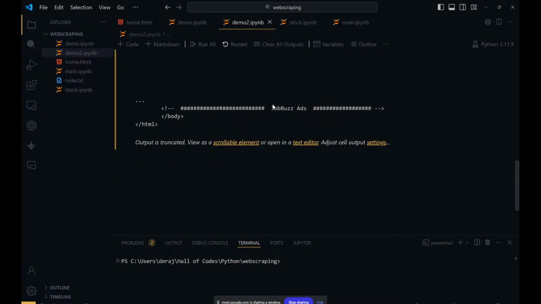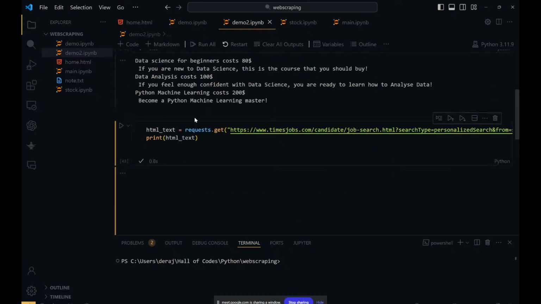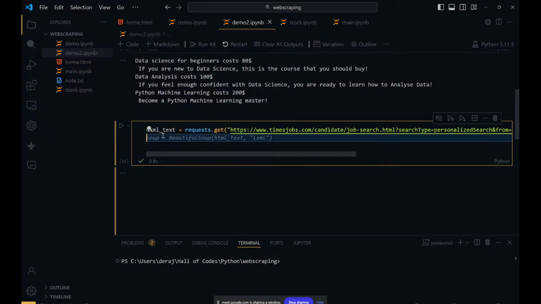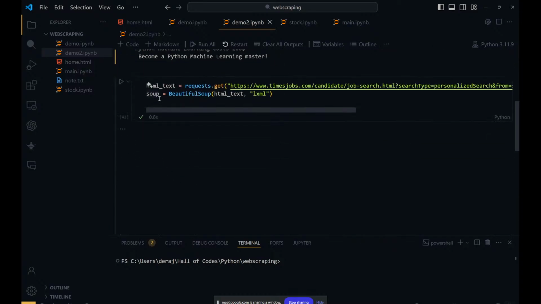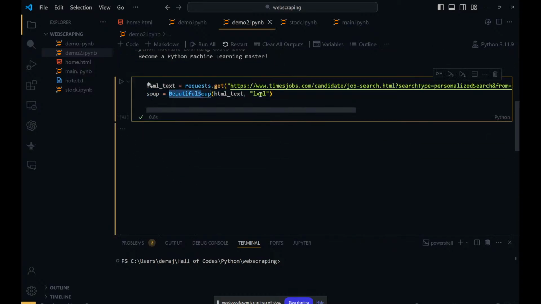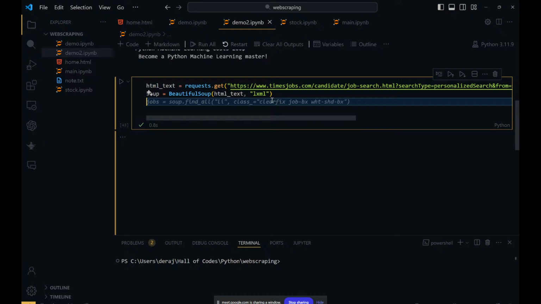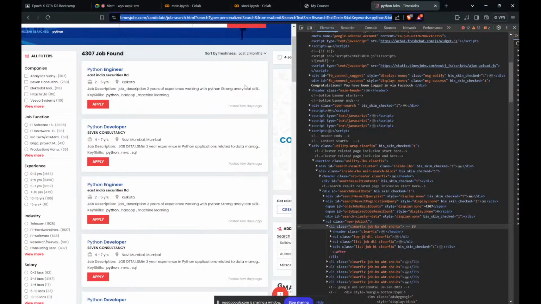This is the HTML code. It's not really clear because their HTML code is not good. So no props. We'll create, as usual, a similar approach where you create a variable called soup and then you use Beautiful Soup to parse it out. And then what we need is